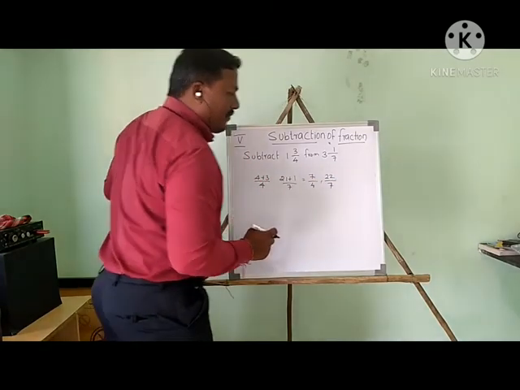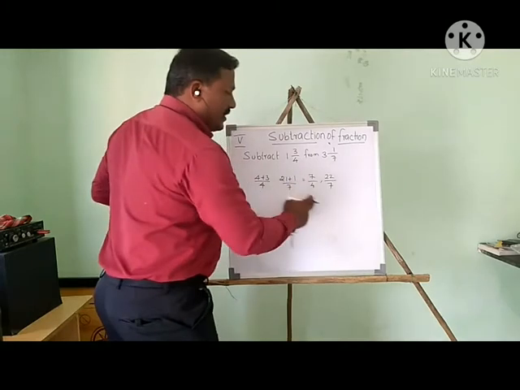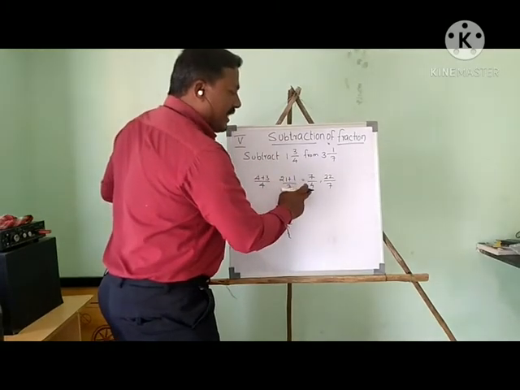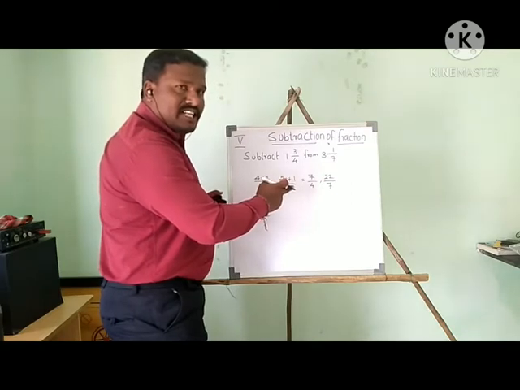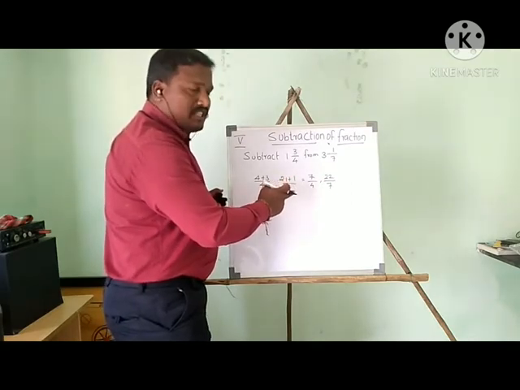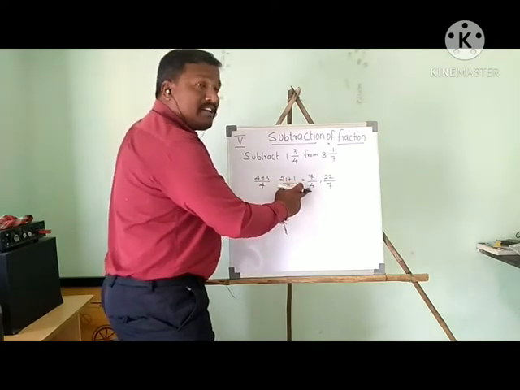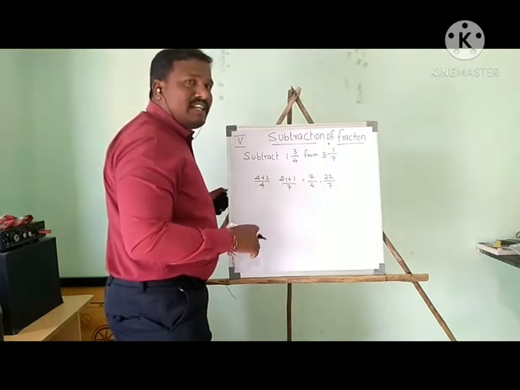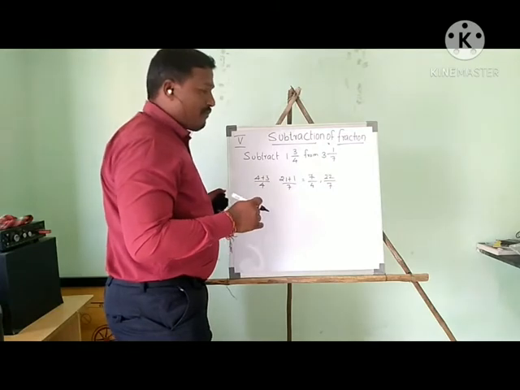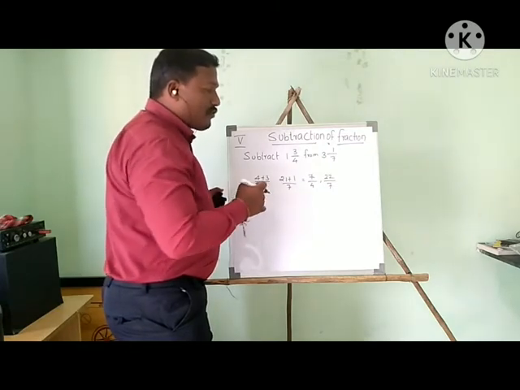So now we have converted the mixed fraction into an improper fraction. If you see, what kind of fraction is this? It's an improper fraction. Because why? Because the denominator is small, the numerator is big. So this kind of fraction we know very well, it's an improper fraction. So what we will do, we have to convert.